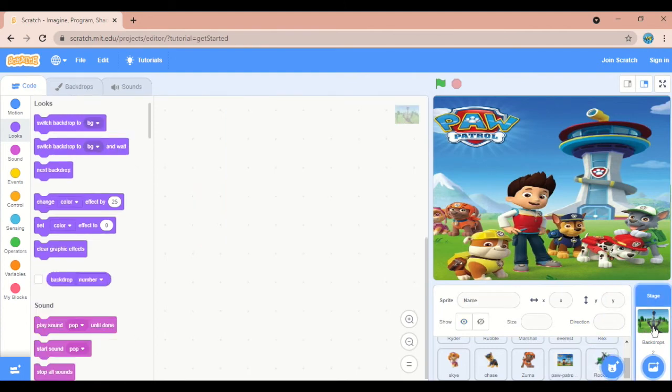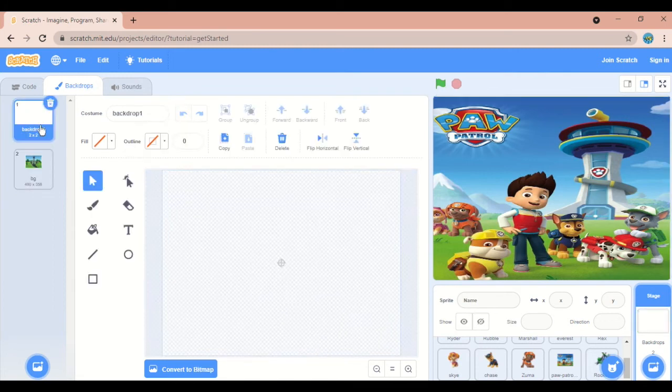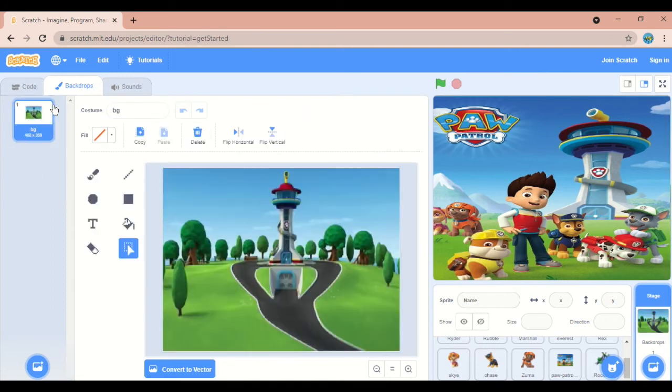When you click on this backdrop, you can see a backdrop option here. Click, you can see the picture. We want to see only this picture, and in this picture all characters will come and say hi to you. What is the name? Here you can see this is backdrop 1. We don't want this, so delete. It comes under backdrops. Then we have this background, and its name is BG, the short form of background that I have written. If your name is something else, you can change it by typing it here.